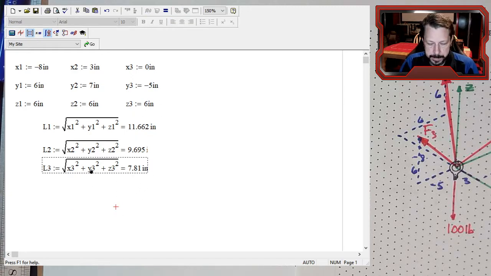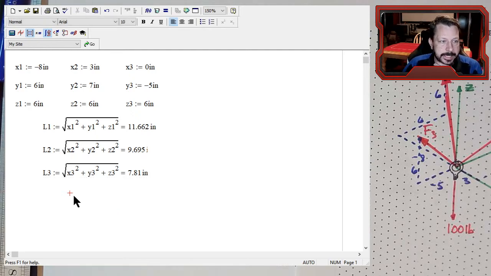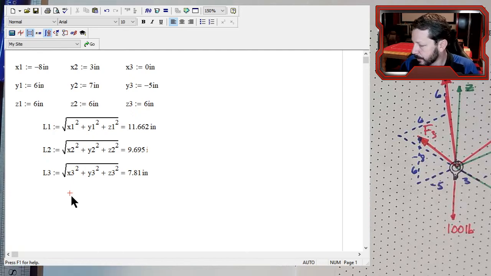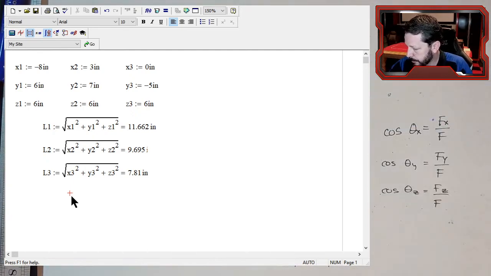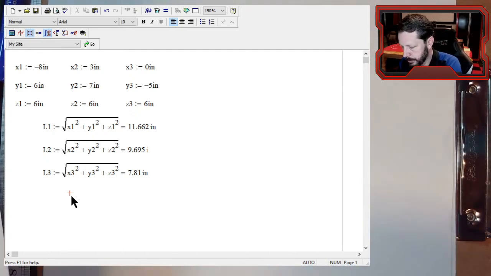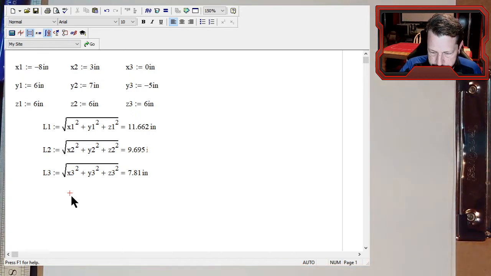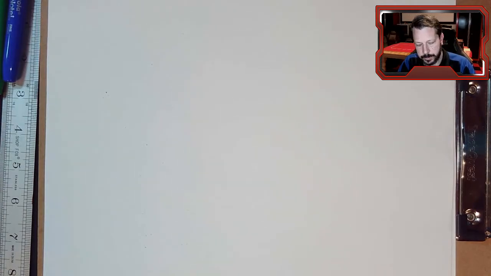Okay, now what we need to do is go in, and you normally probably wouldn't do this next step as thoroughly as we're going to, but it will probably help us make sense of what's going on. So we're going to go back over to our paper, and we're going to write out our summation of forces in the x, y, and z equation. So